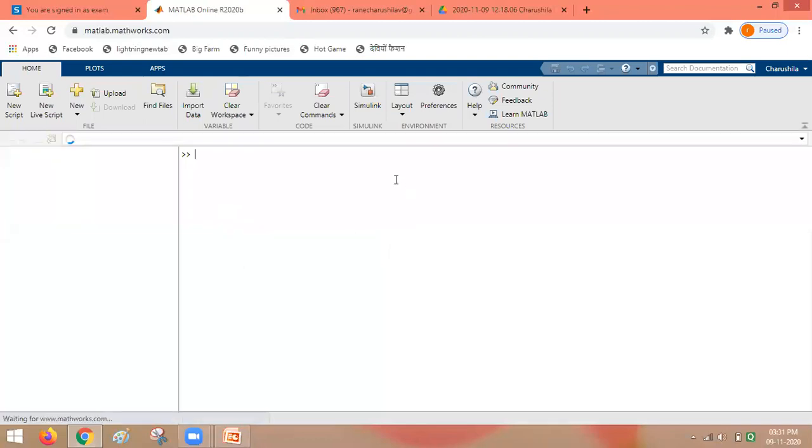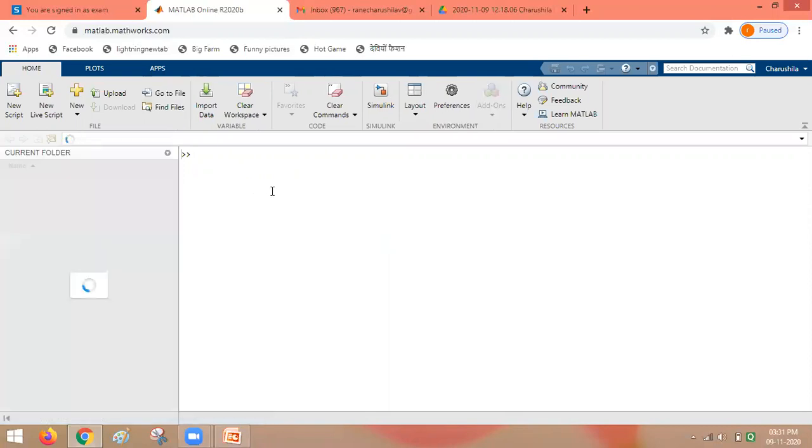You have to type MATLAB online in your Google search window. After selecting the MATLAB online related link, we will get one option, start using MATLAB online. And if we select that option, we will get this particular window. Here we can execute our program.